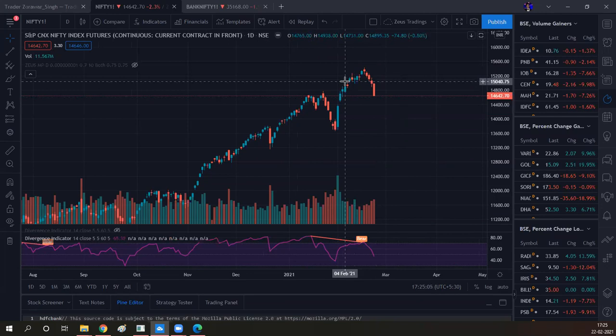So yes, this will work on the 1 day scale because it's all about price and volume. If you're seeing the price extending further upwards or downwards, but there is no volume in it, it's very likely no one's willing to push it further. It's just going to reverse from there. So this is where this divergence indicator comes in. It lets you visually see the same thing by understanding the price action.